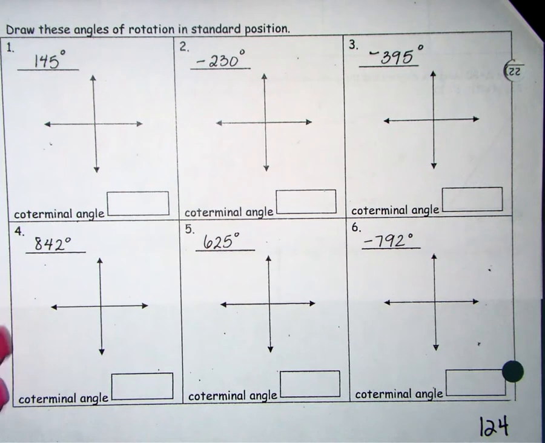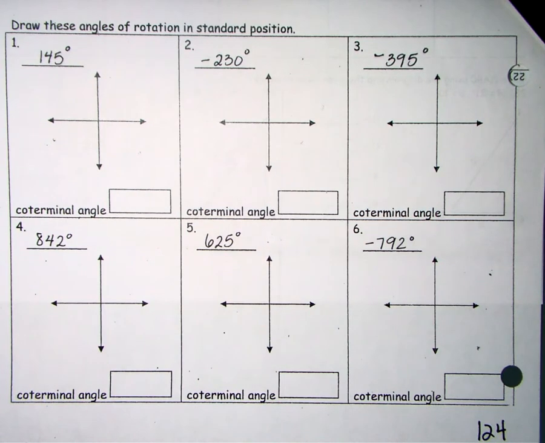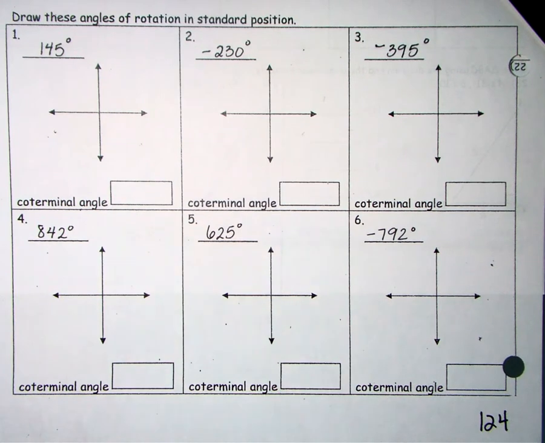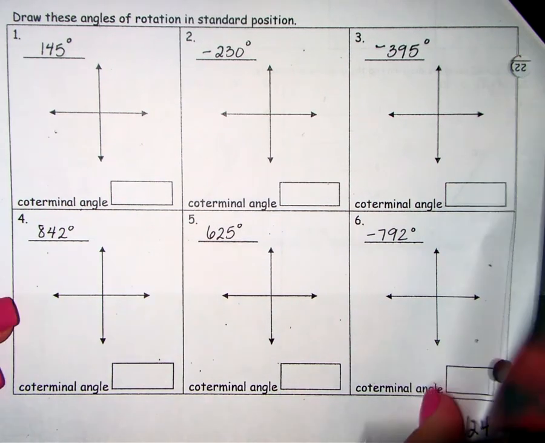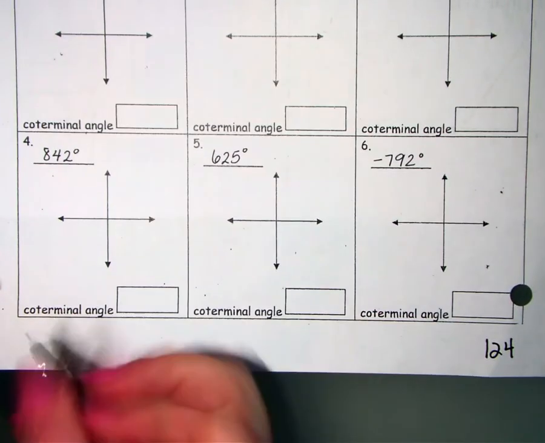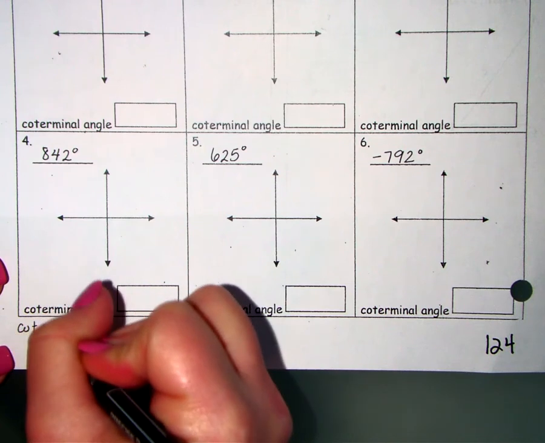So we want to be able to draw angles in what we consider standard position. I have a variety of problems here that we want to be able to draw. One thing we need to first discuss is what it means to be a coterminal angle. We have this word here, coterminal, and what it means to be a coterminal angle